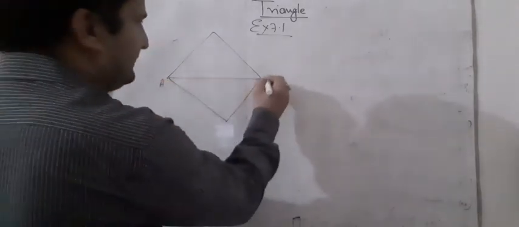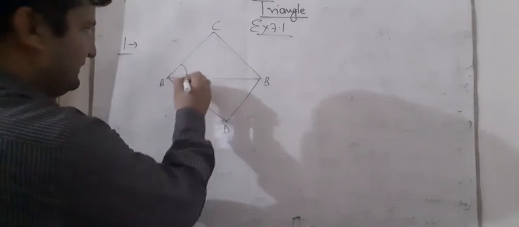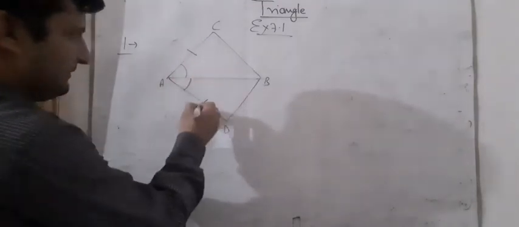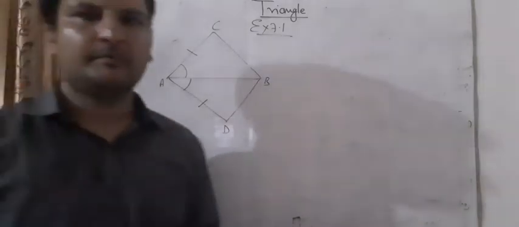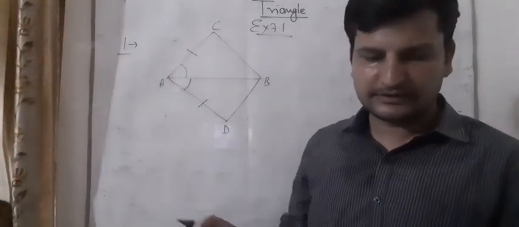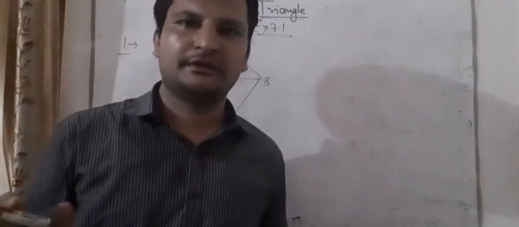The sides are also written: AC and AD, and this angle is equal to this angle and this side is equal to this side. If you know the property, students, आप लोग को समझ में आ रहा होगा कि हमने करना क्या है इसमें. Now what we have to find is that triangle ABC is congruent to ABD. First, students, in these types of questions, first we have to write the given.